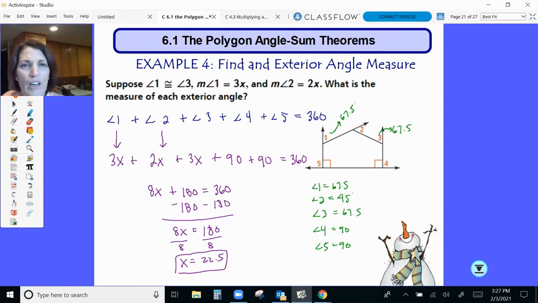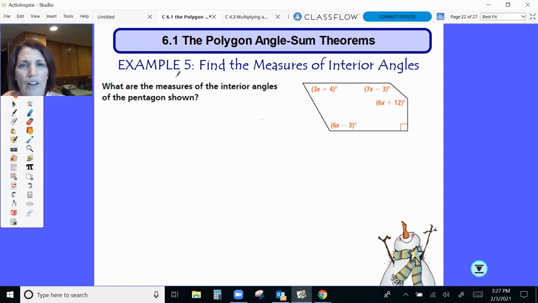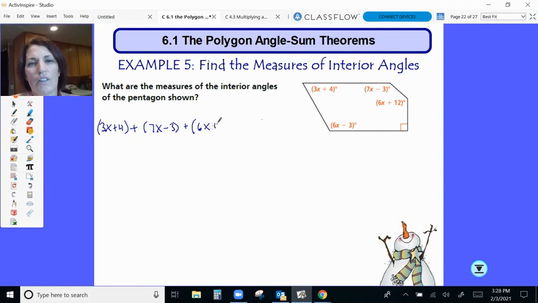Okay? All right, now what are the measures of each of these interior angles shown here? Well, this is kind of another long one. Okay, so we have to take each of these angles. So we're going to take 3x plus 4 plus my 7x minus 3 plus my 6x plus 12 plus 12, there we go, plus my 6x minus 3 plus 90